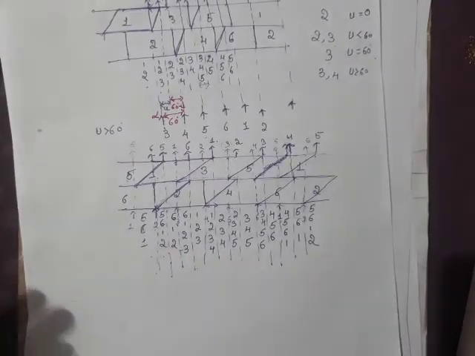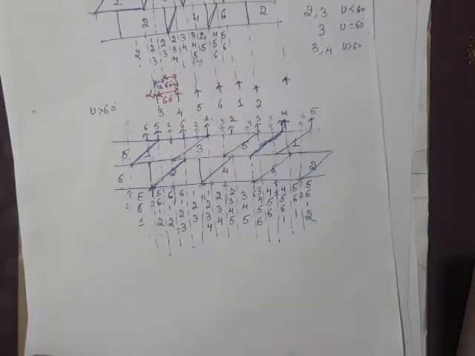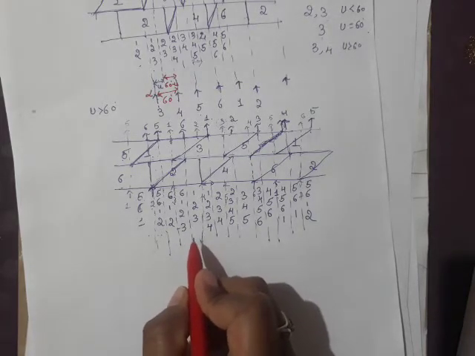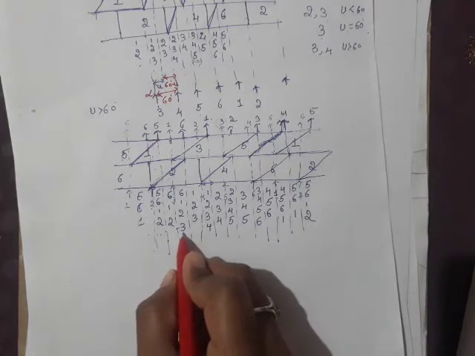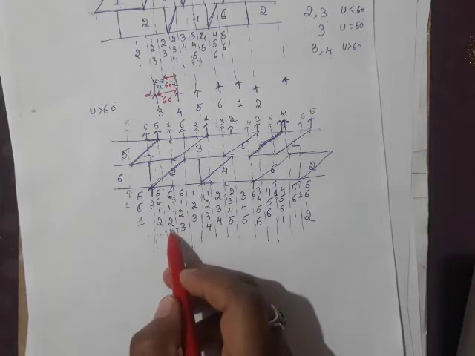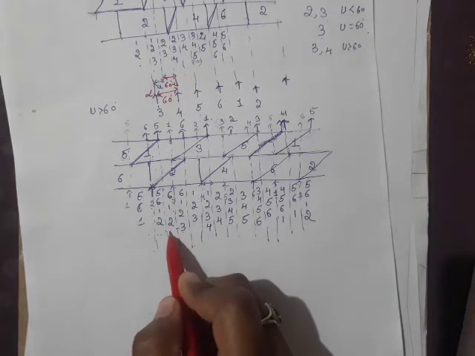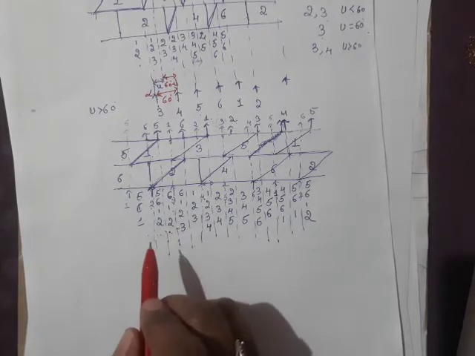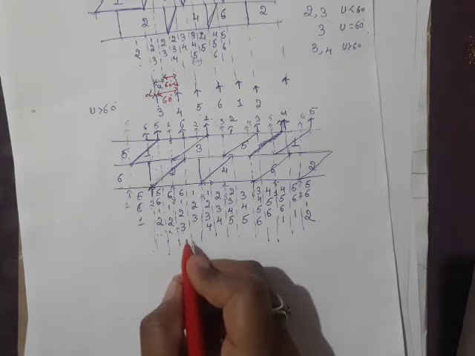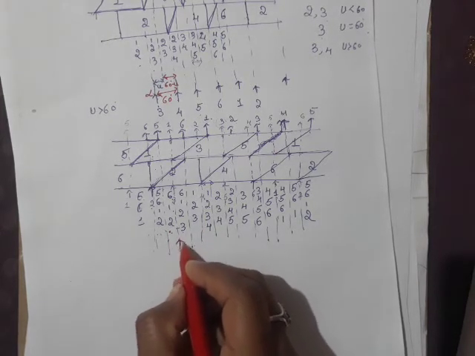Already we have discussed how it is going to conduct if U is greater than 60 degree. This is the pattern we studied in the last videos, so now I'll just brief that. Till now we have taken valve 3 as a reference, and here also I'll do the same thing. See here, valve 3 is coming into conduction. Before valve 3 comes into conduction, 6, 1, 2 were conducting. We need not bother about voltage right now. Here valve number 3 is coming into conduction.